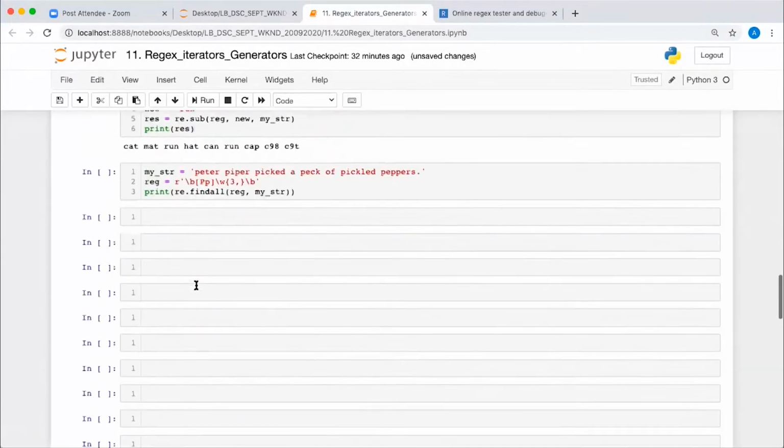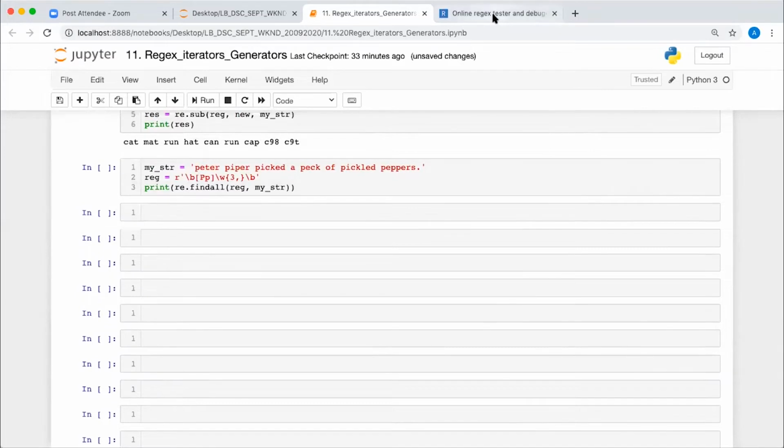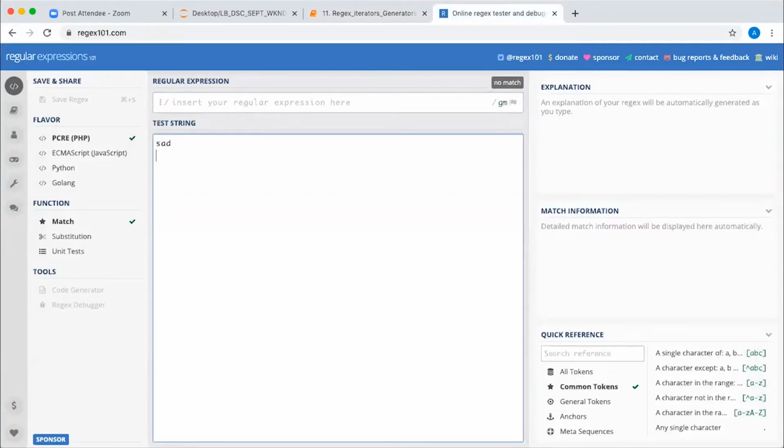Let me look at the regular expression. Let's say I have these strings: sad, lad, dad, mad, bad. Now I want to match any string which is starting with S or L or D or M or B. So either of these characters should be the start.